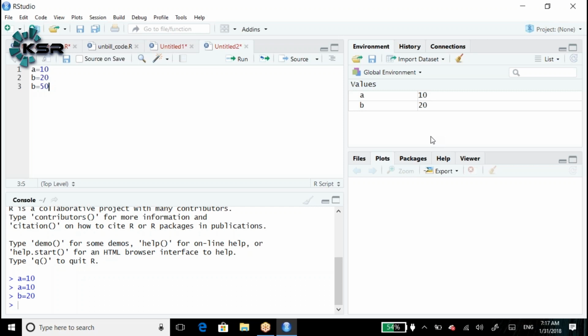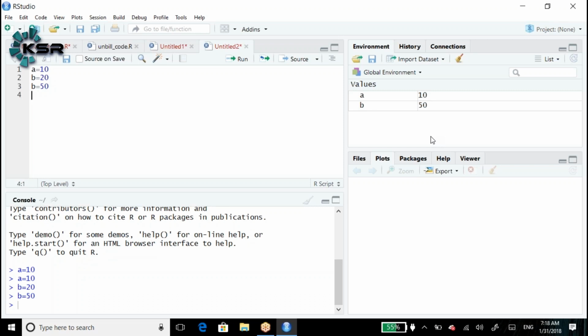Now again I write b is equal to 50. Whatever we assigned earlier is overridden. The initial value 20 is overridden with whatever you have assigned, in this case 50. So it is replaced with 50.